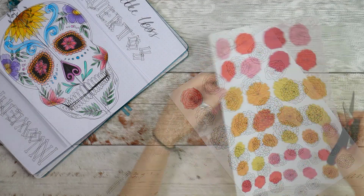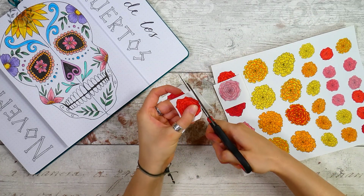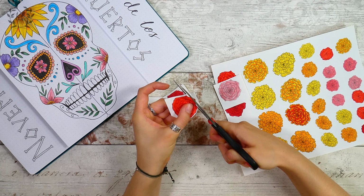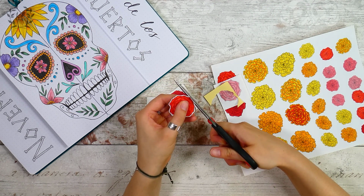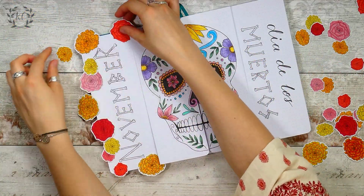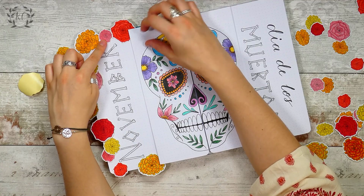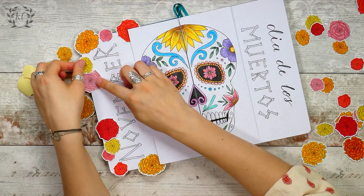I left them white so I could colour them in however I wanted, and this made the designs go further because even though there are only 4, by resizing, flipping the images and colouring them in differently, it kind of looks like there's a lot more. I did have to cut them all out by hand as I don't have a Cricut machine, unfortunately. It did take a while, but I still think it was quicker than drawing them all